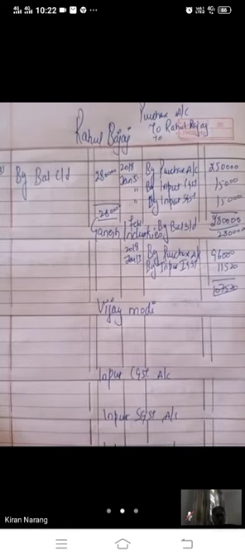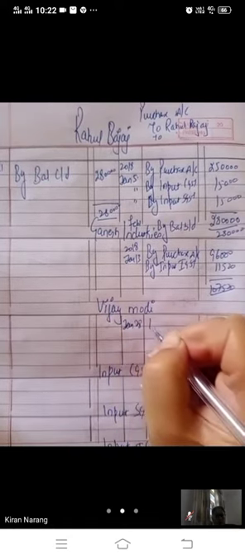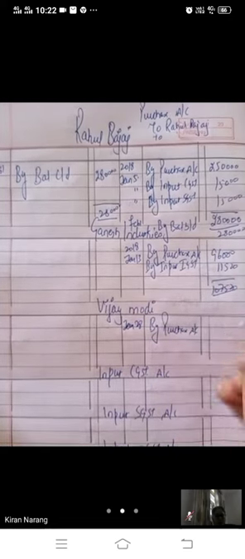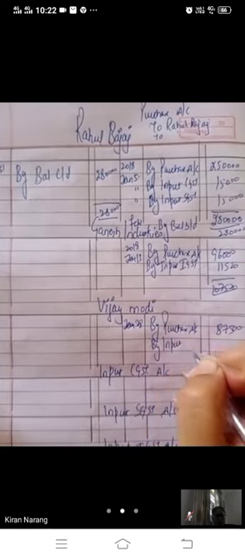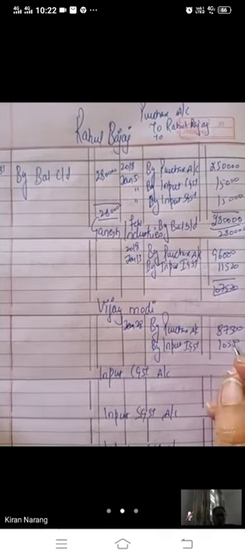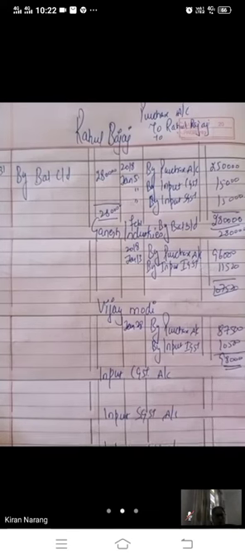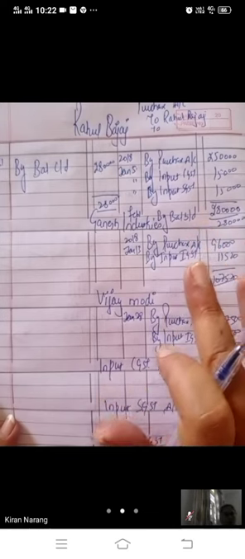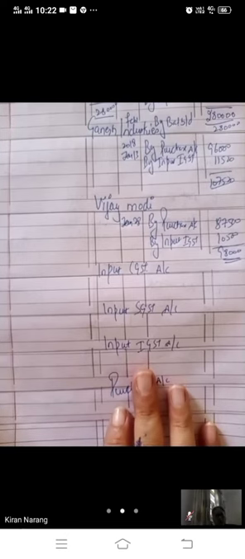Now Vijay Modi, children. Again we will write in Vijay Modi's account, date January 28, by purchase account 87,500 and by input IGST 10,500. So all the three accounts we have written: by purchase, by input taxes; by purchase, by input tax; by purchase, by input tax.